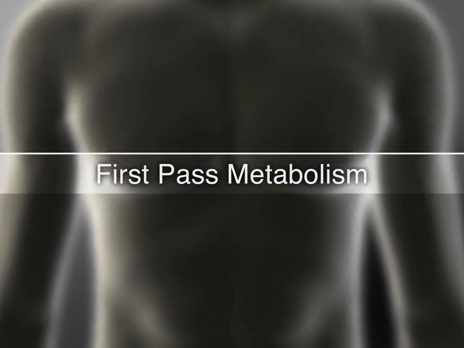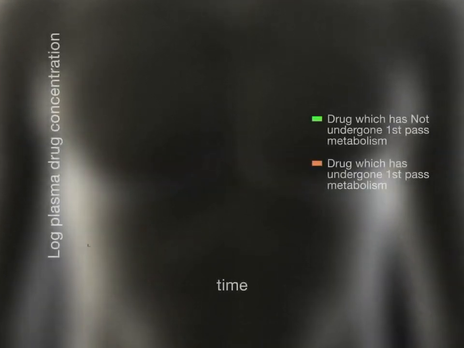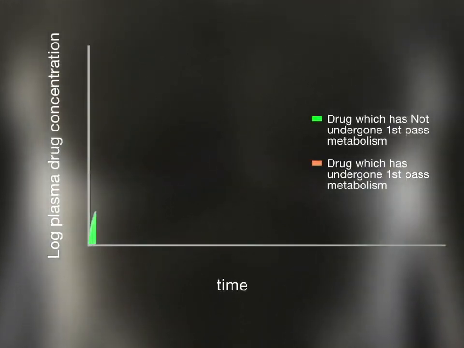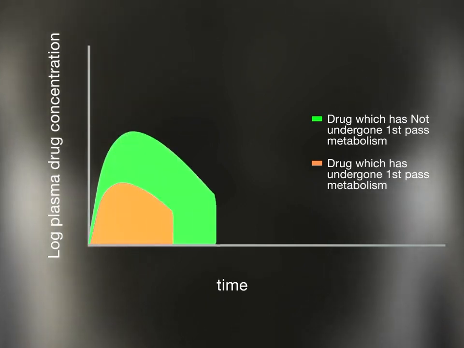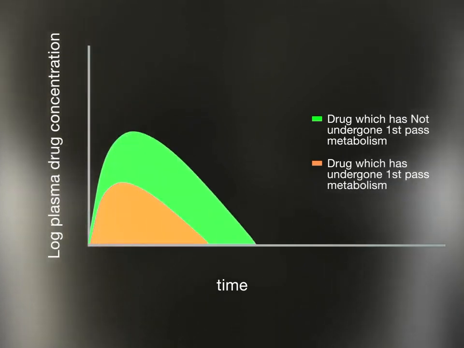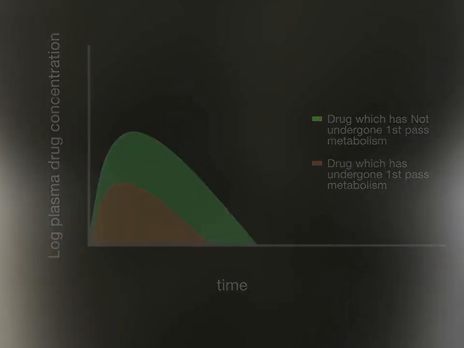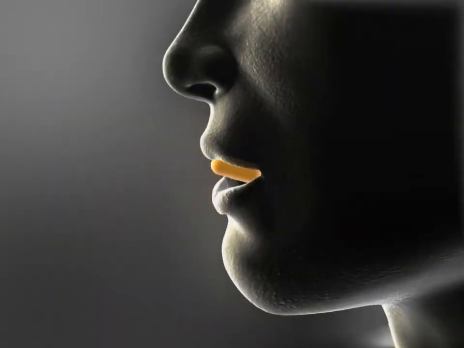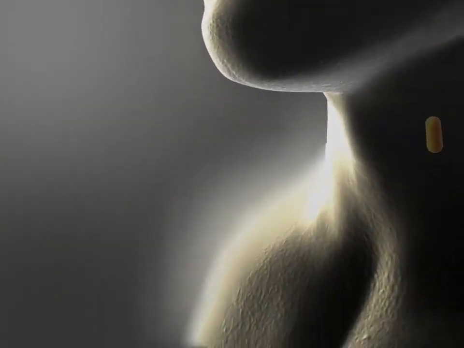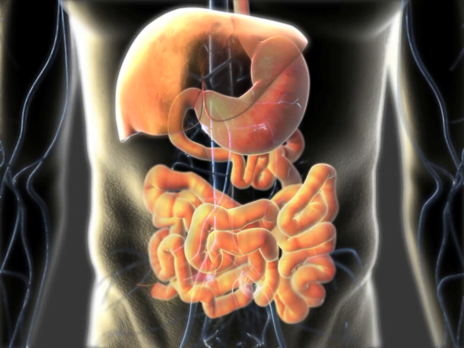First-pass metabolism can lead to lower concentrations in the blood and reduce an orally administered drug's bioavailability. Bioavailability is a measure of the fraction of taken drug which makes its way into the general circulation. Drugs taken orally are delivered to the stomach and then to the small intestine. Because of the small intestine's large surface area, the majority of drugs are absorbed across the epithelial cells that line